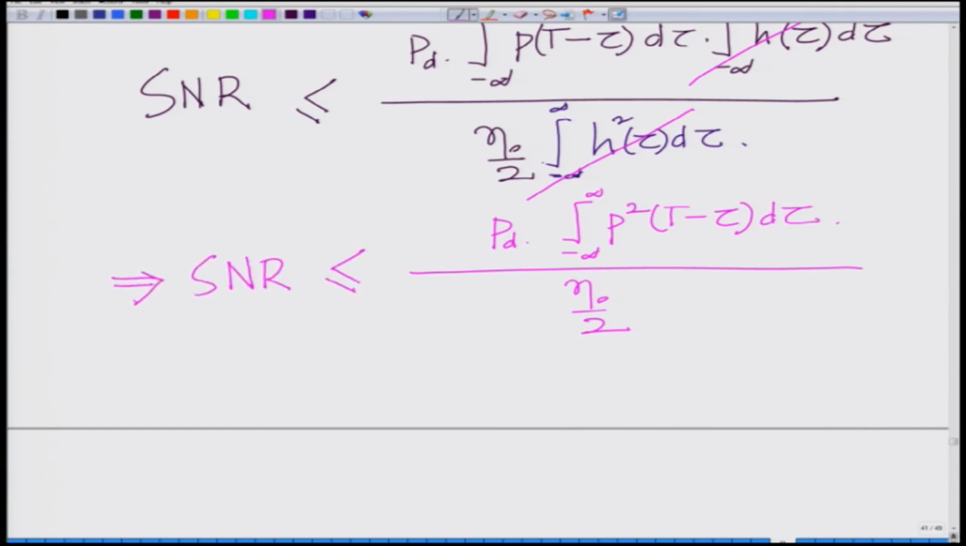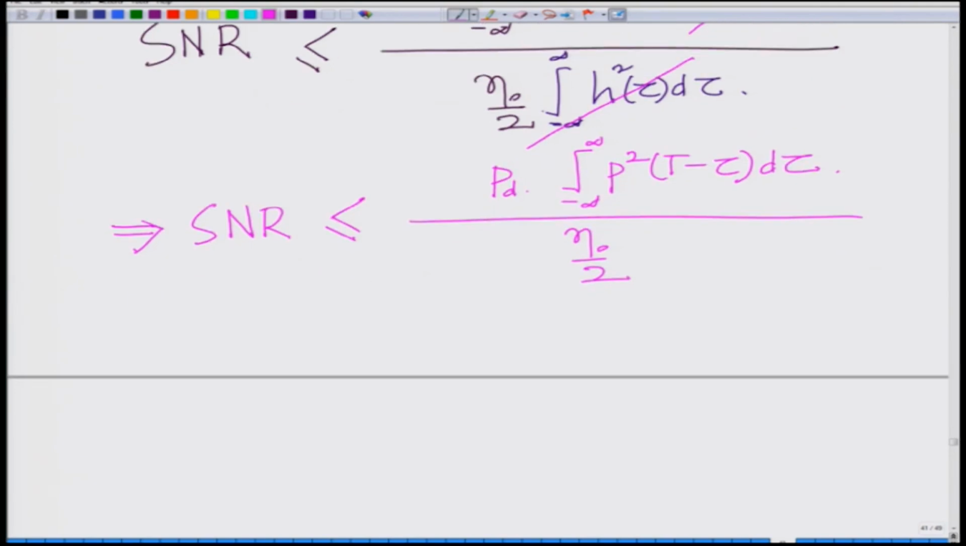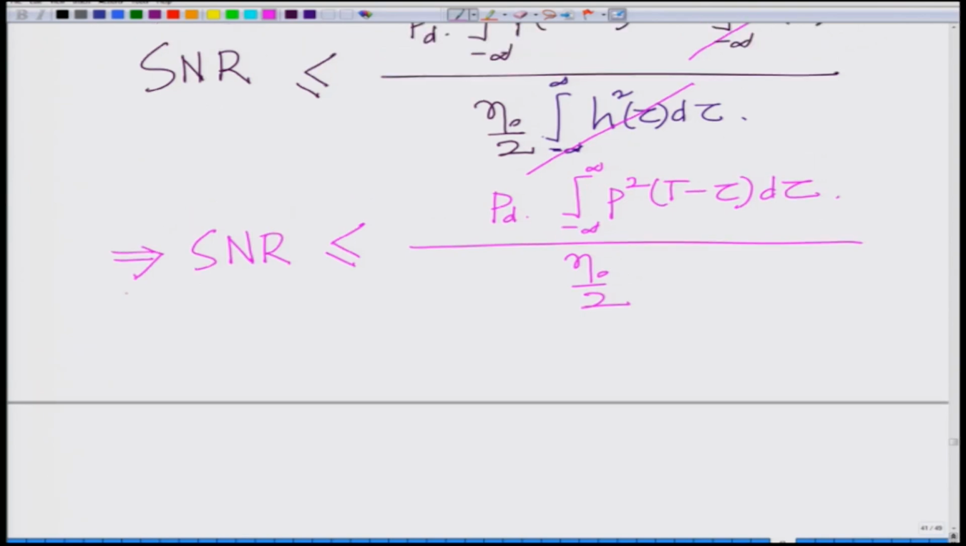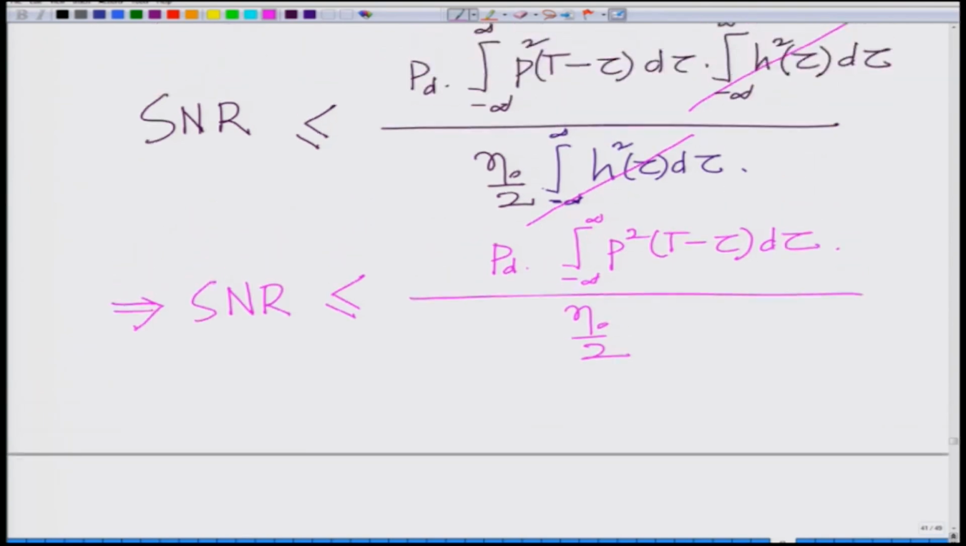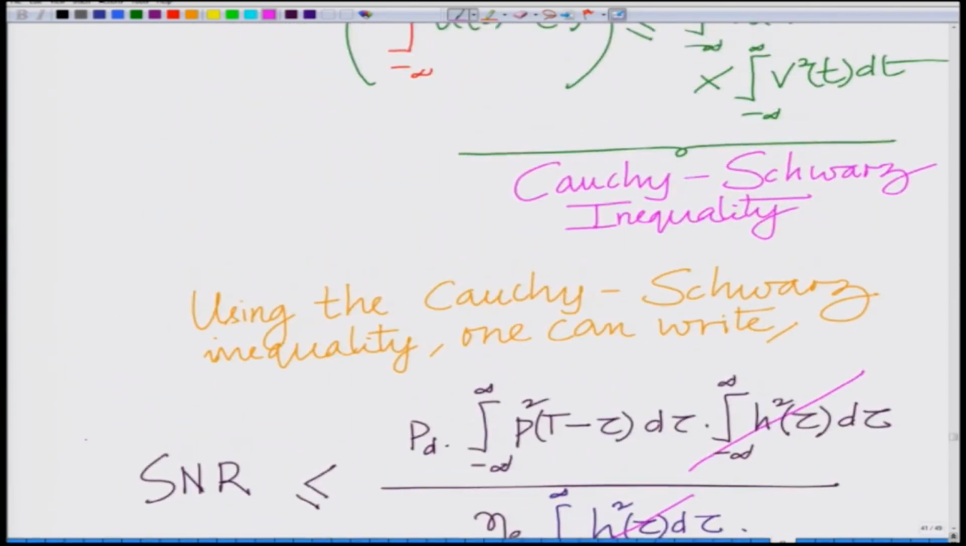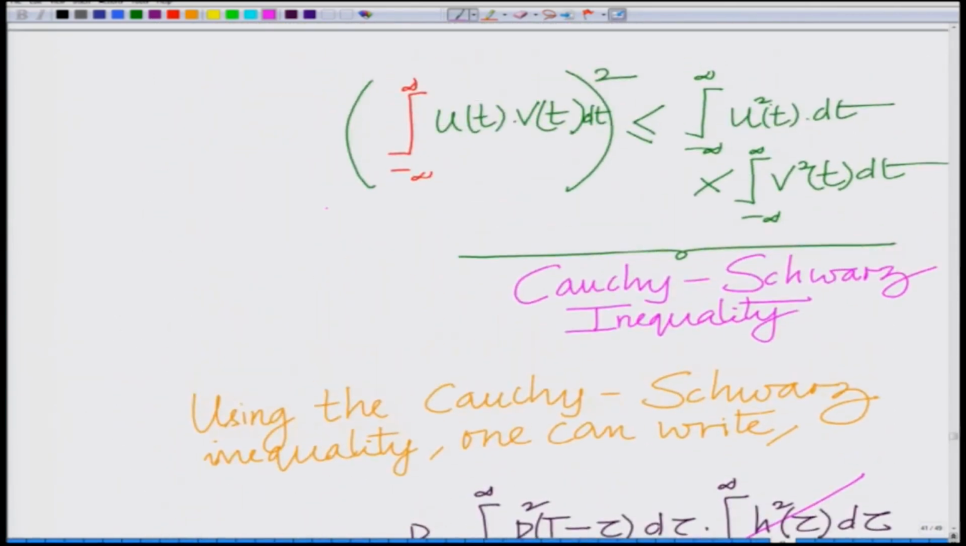We are using the Cauchy-Schwarz inequality and we have demonstrated that the numerator is less than or equal to that, therefore the SNR is correspondingly less than or equal to the appropriate quantity. So, now naturally, when is the SNR maximized? The SNR is maximized when the Cauchy-Schwarz inequality holds with equality. So, the Cauchy-Schwarz inequality holds with equality when